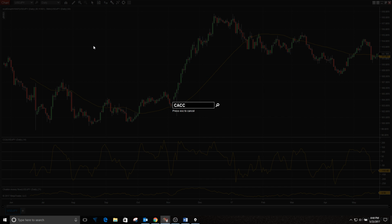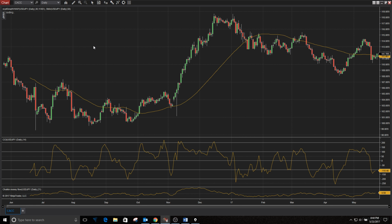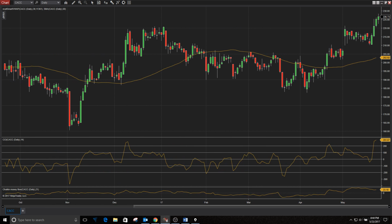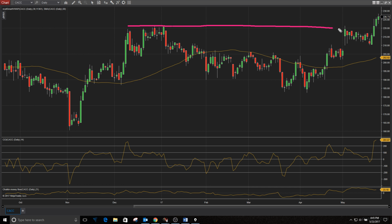The first I'm going to talk about is Credit Acceptance Corp, ticker CACC. So they do financing programs and related products for car dealers. And I know a lot of people have been talking about this car bubble that's forming, or at least car financing bubble, but I think until it pops, you have to go with the bullish names in this space. And again, this is a Zacks Rank #1 strong buy. So that means earnings estimates have ticked up continuously here on CACC, providing some great support on the fundamental side